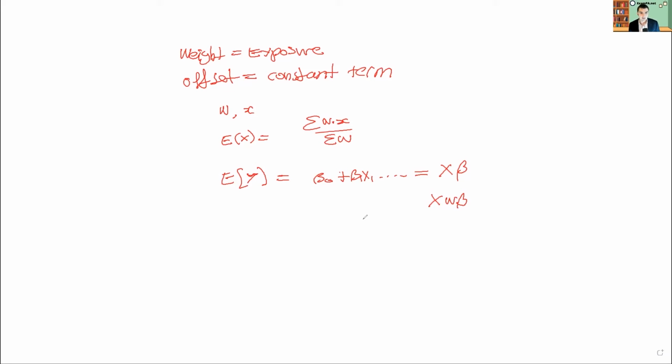An offset is a way of forcing, it's a way of adding a linear term to the predicted, let me say that. An offset is just a constant that you add to your linear predictor. So I'm trying to think of an example. This is a real example.